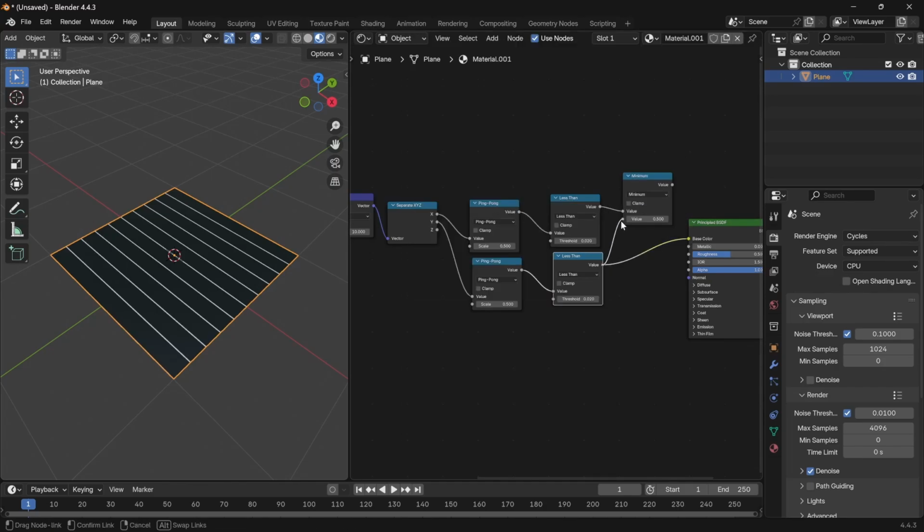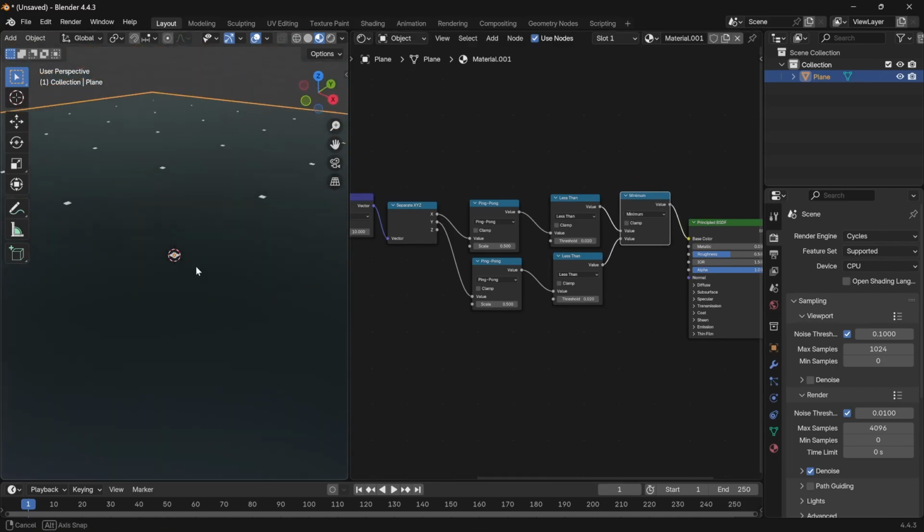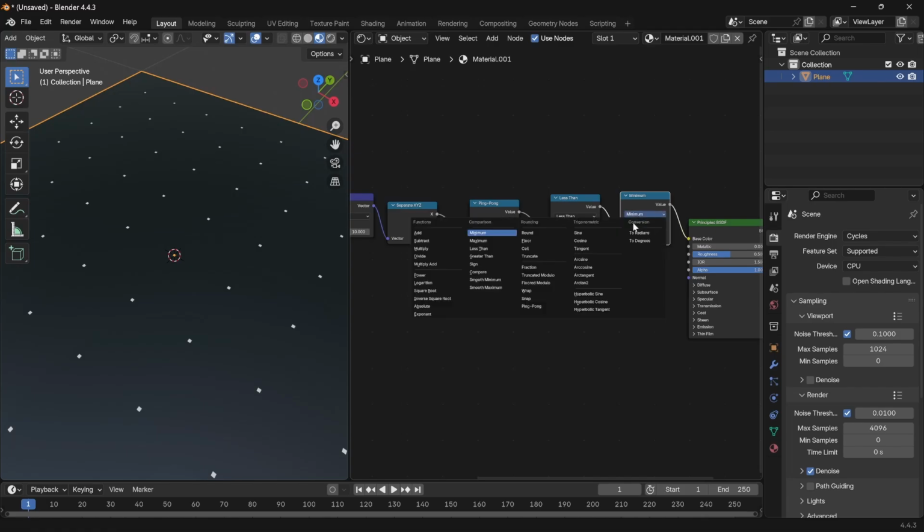So now if we set both these inputs in and we visualize that, what does it give us? It doesn't give us what we want. So why is that? Well, it's because it's giving us the minimum value, right? So minimum is going to be 0 because it's black. And if you look at the maximum,